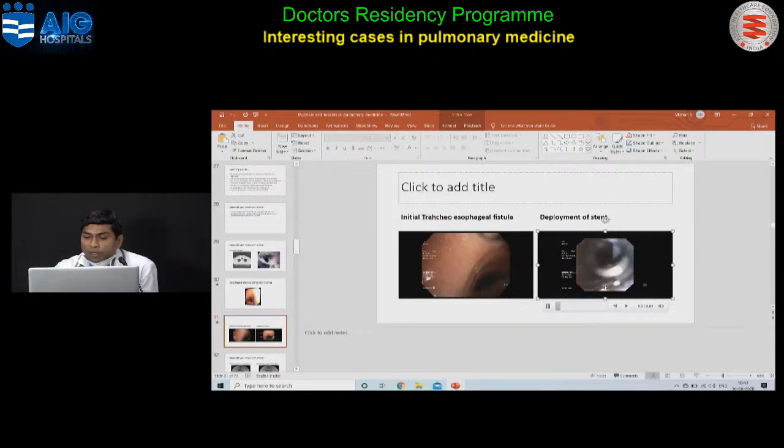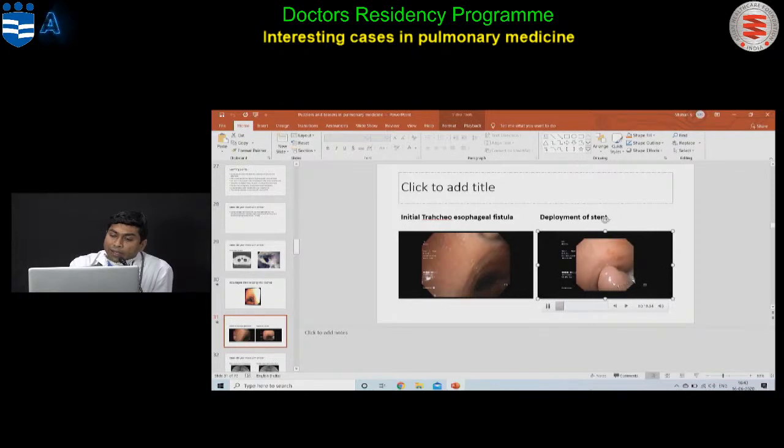This is called a metallic stent, a self-expanding metallic stent, SEMS. This is the catheter which is used to deploy the tracheal stent. We take this catheter beyond the fistula, and then we push the stent into the trachea. You are able to see the stent being deployed. Under vision, we were gradually able to push the stent into the trachea, and our aim is that the fistula is totally covered when you are deploying a stent.